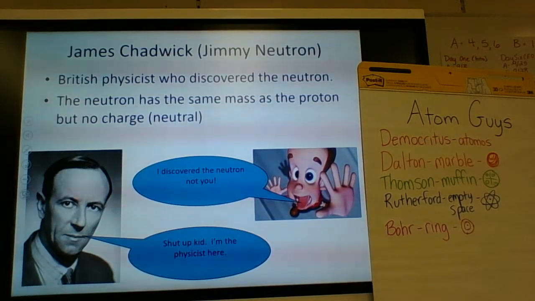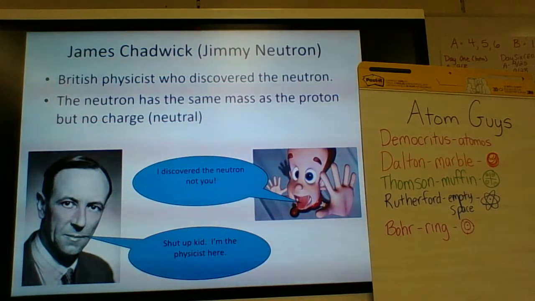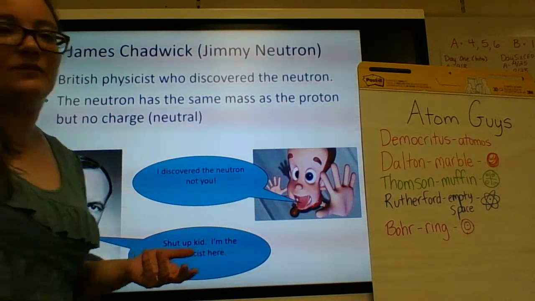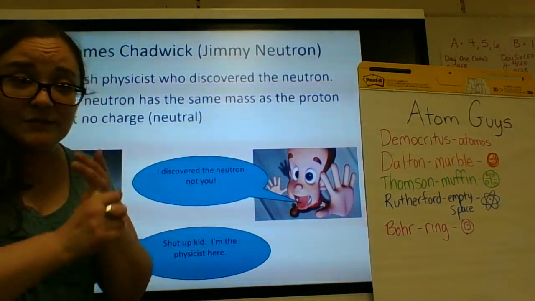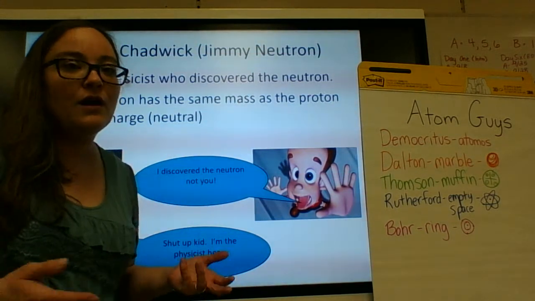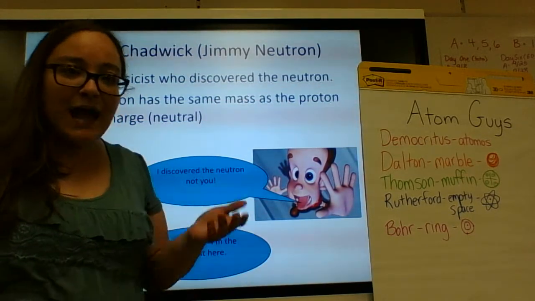All right, next up is James Chadwick, also known as Jimmy Neutron. James Chadwick was a British physicist who in the 50s, I believe it was 40s, discovered the neutron. Up until him, we didn't know the neutron existed. We knew protons existed because there were positive charges. We knew electrons existed because we knew that the charges became neutral, and so there had to be a negative particle there. But since neutrons are neutral, we didn't know they were there for a long time